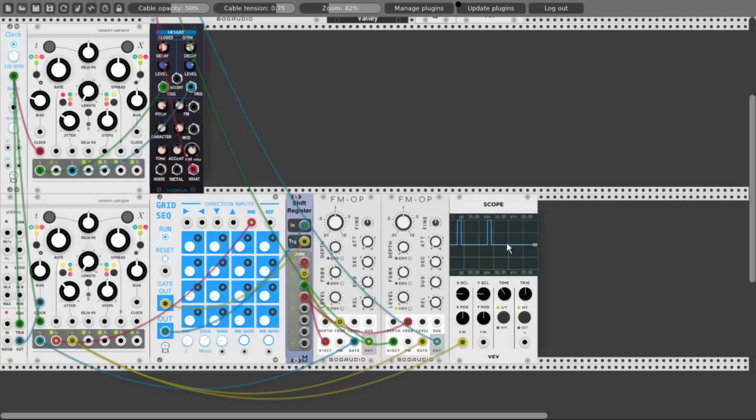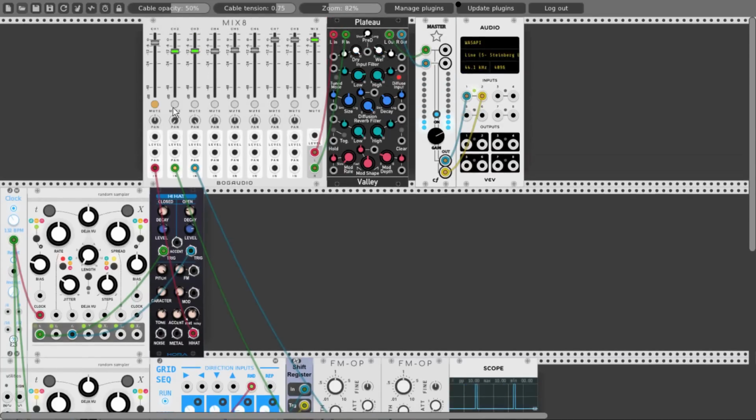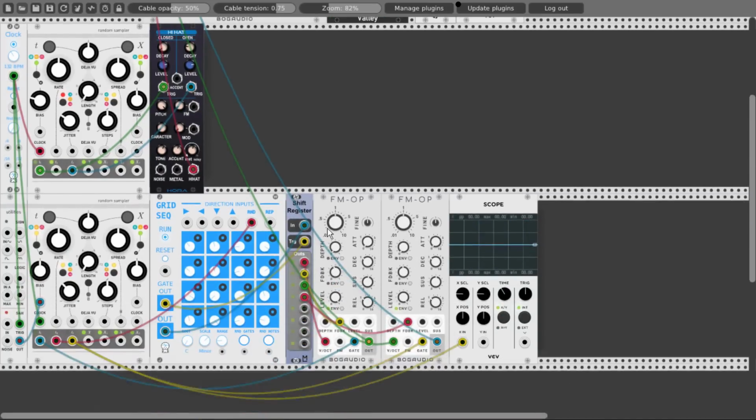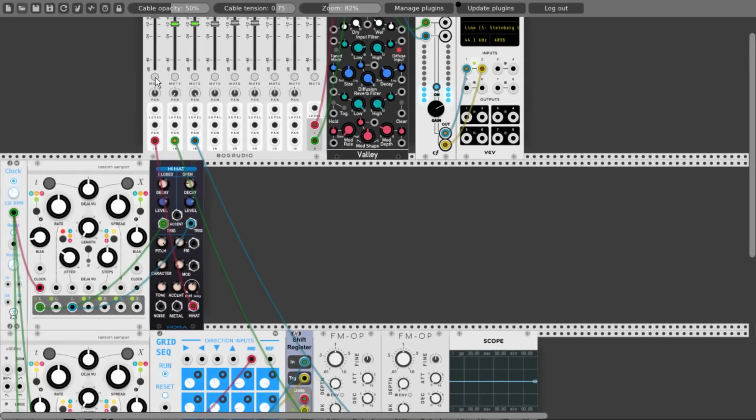And you can see how some gates are longer than other ones. And let's also add the hi-hat and listen to both of them. Very nice.